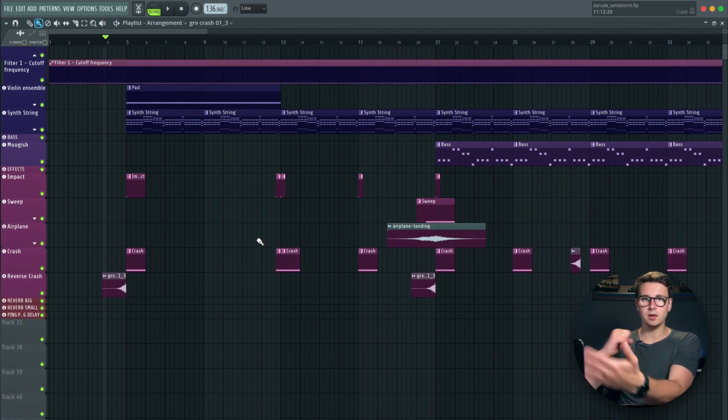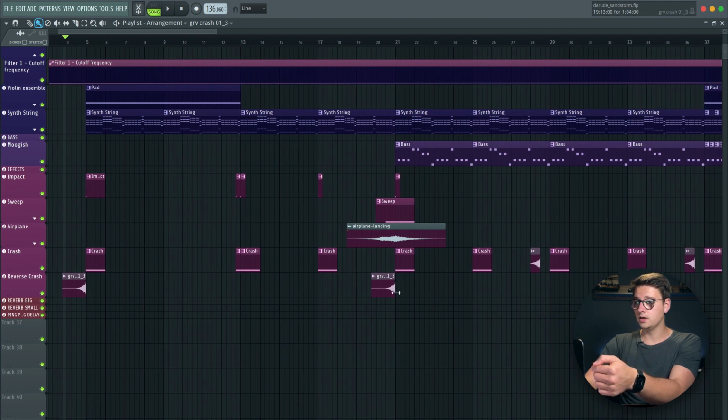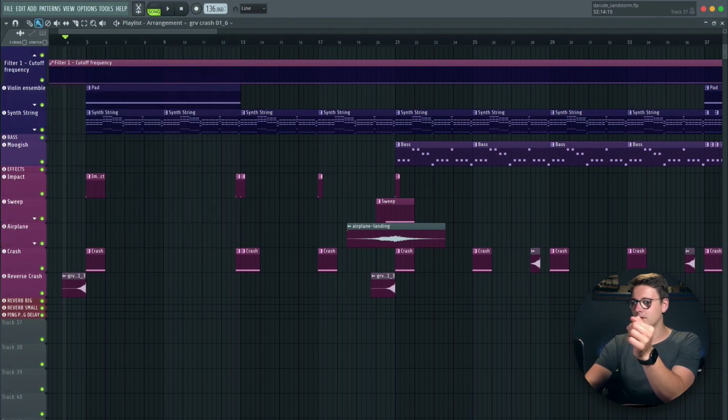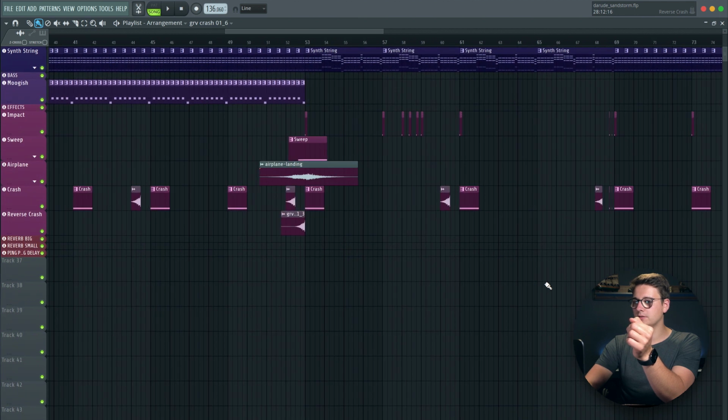We've got this impact that is hitting along the song, we've got the crash that is recurring all the time, and we've got this longer reverse crash, and we've got a shorter reversed crash, which sounds like this. Almost the same. No, it is the same, but without the delay. Yeah, it's the same. So these are the main effects that get repeated